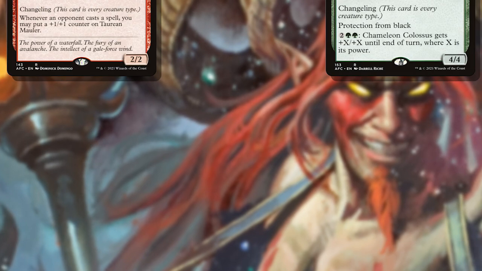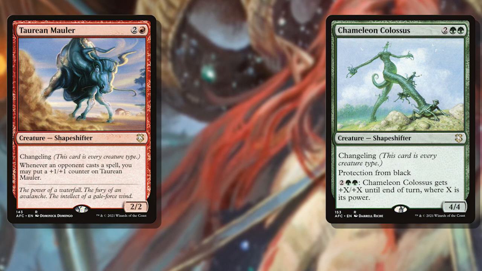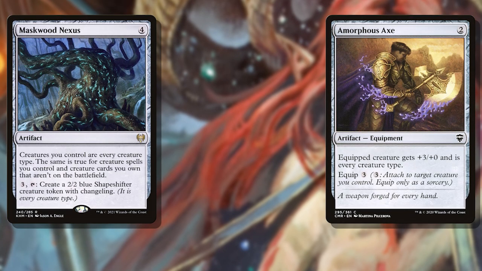I mentioned 2 sneaky hamsters already. Did you catch them? Both Taurian Mauler and Chameleon Colossus are changelings, making them every creature type, including Hamster. This means if we fling them, we get to draw cards equal to their power, and that's usually going to be huge. We also included Maskwood Nexus in the deck